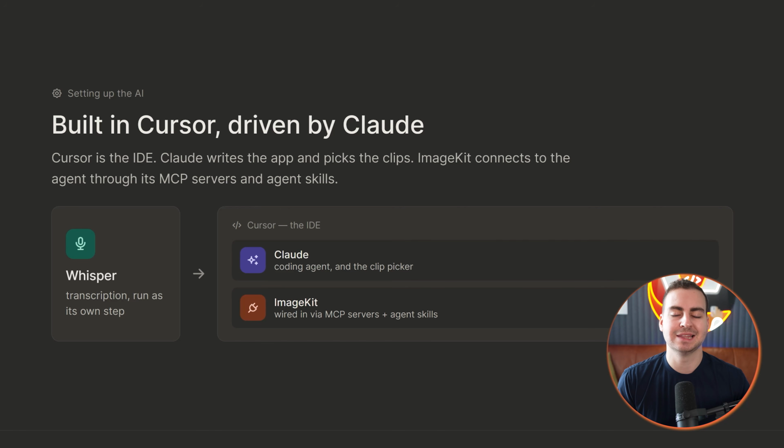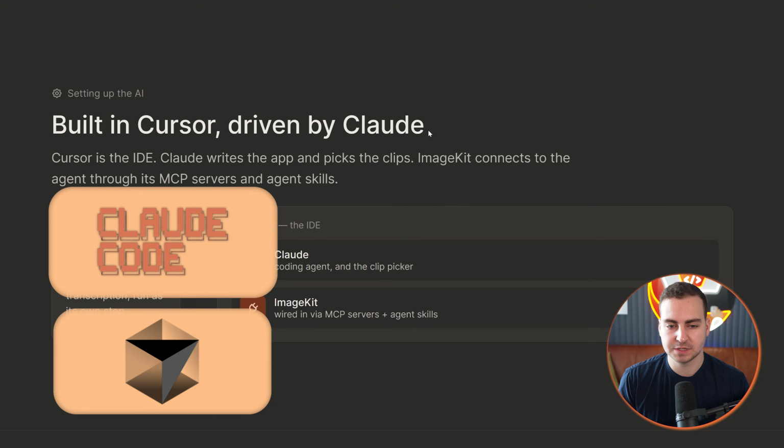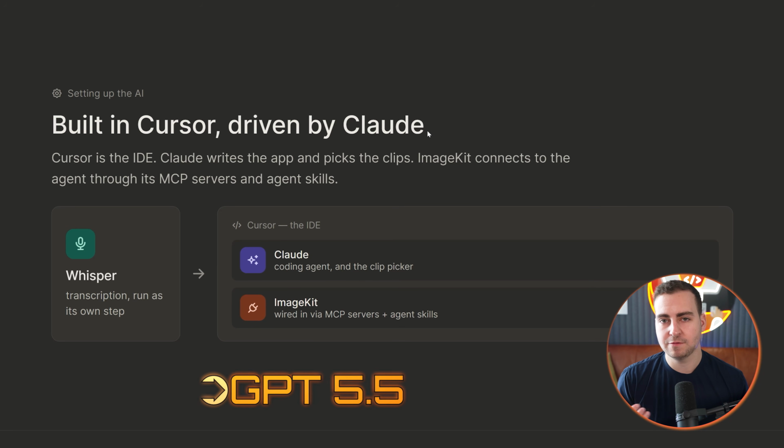Now, after that, how are we actually going to build this? This comes into the AI tooling that we're going to use, which I'm going to show you how to set up live in just 1 second. I'm going to be using Cursor, and we're going to use the Claude model to build this out. There's a lot of other models that we can use, but typically I find when I'm building something completely from scratch, whatever the frontier Claude model is, whenever you're watching this video, typically performs a little bit better. And then when I want to do large refactors, revisions, or if I have a lot of repeated mistakes, I'll switch over to something like GPT 5.5,